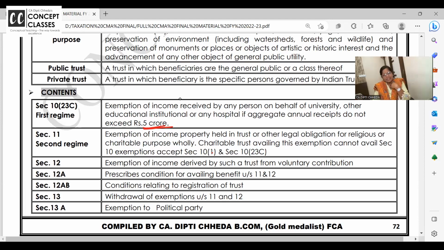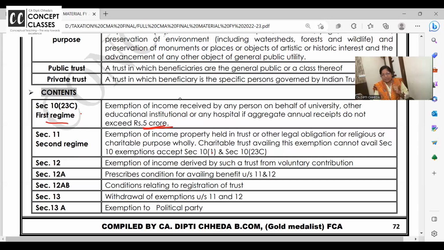But suppose my son has studied in Bhavans. Actually it is a Bhavans Memorial trust, the school belongs to a trust. Saint Joseph Convent is some such trust. At the back of a school, college, temple, Goshala, or a mosque, next time do check. Definitely they will have a trust name. So either they can be registered under section 1023C, that is called the first regime. This is the new name given to them, write it down: first regime.